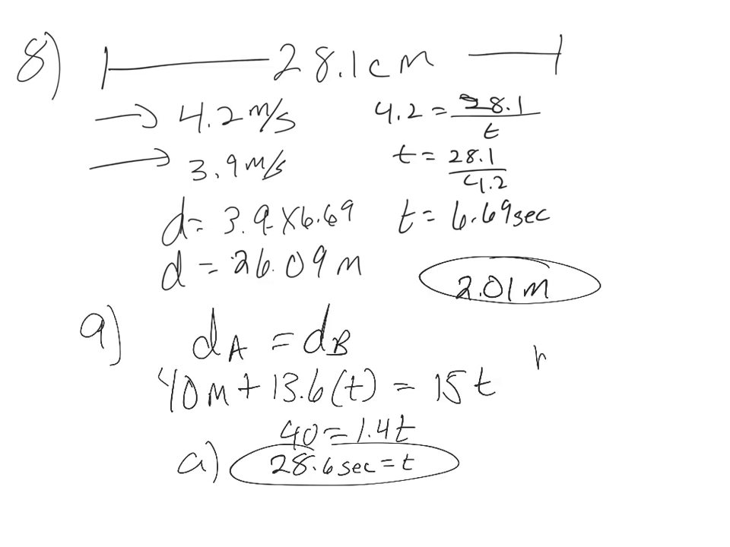And then to answer B, how far would B have traveled? You're just going to do 15 times 28.6, which is 429 meters. And then lastly, number 10,